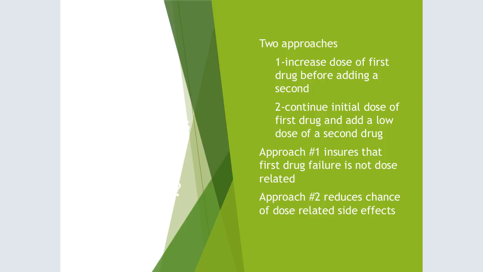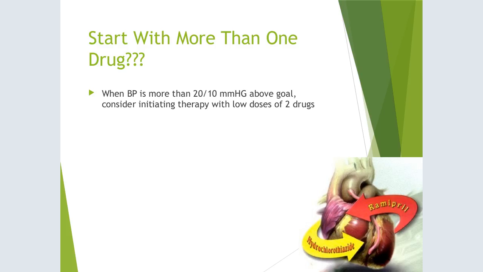dose-related side effects. When I look at increasing the dose of the first drug before adding a second one, the first thing that comes to my mind is Norvasc, or amlodipine, and that pedal edema. They get this pedal edema, and it's terrible when they start hitting above 10 milligram doses. Even with 10 milligrams, some of these little old ladies will get that pedal edema going on. So sometimes I'll do 5 milligram Norvasc and 10 milligram lisinopril, and I go ahead and combine them rather than maxing out the Norvasc because of that reason. So those are your two choices.